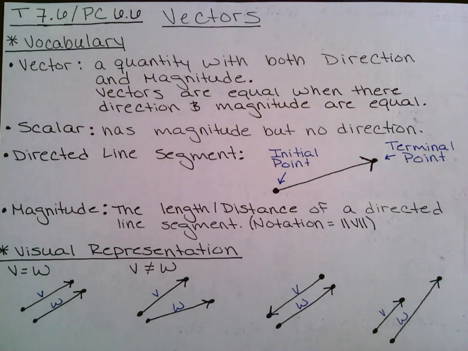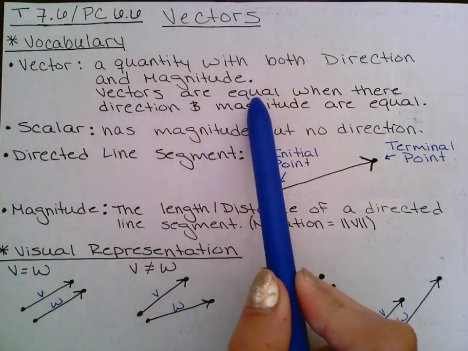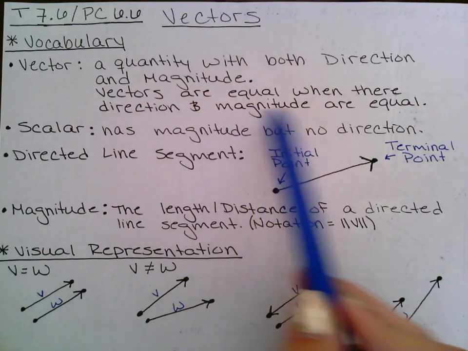The easiest example that I usually give my class is a car. A car has a vector. It has a direction. Let's say you're on the highway going north. North is your direction. And then your magnitude would be the quantity or length or speed that you're going. So you could say that your magnitude is that you traveled 10 miles, or you could say your magnitude is the fact that you're going 50 miles an hour, 60 miles an hour. So you can say that two vectors are going to be equal when their direction and their magnitude are